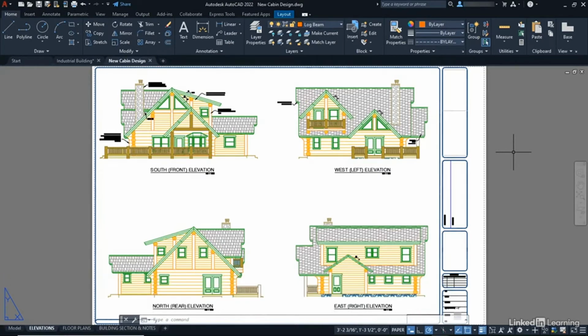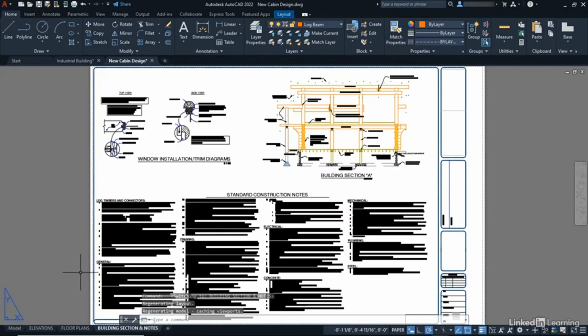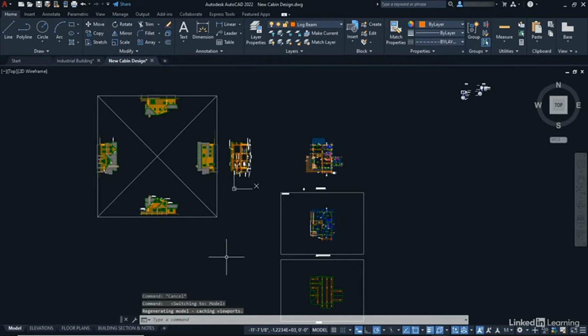Now you'll notice I'm in one of the layout tabs. We have elevations, we have floor plans, we also have building sections and notes there as well. But if I jump back to the model tab, you can see it looks very, very different. And of course it does, because what we've got here is our design. And this is where we do all of our designing in the model tab in AutoCAD. And then what we do is we take those designs into scaled viewports in the layout tabs to communicate that